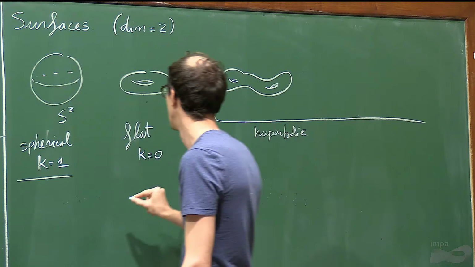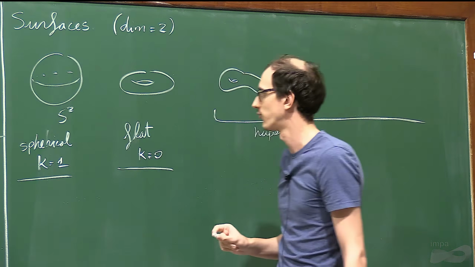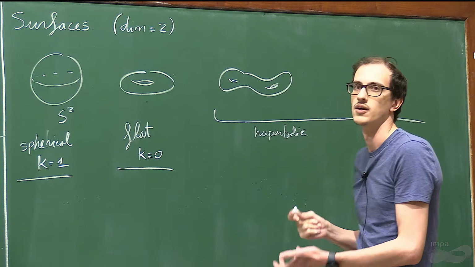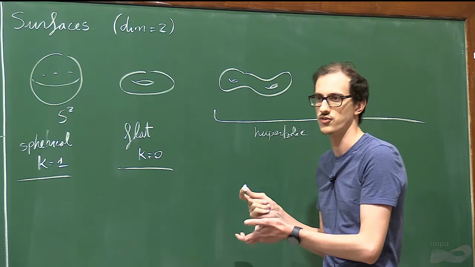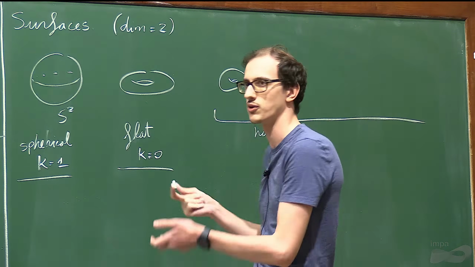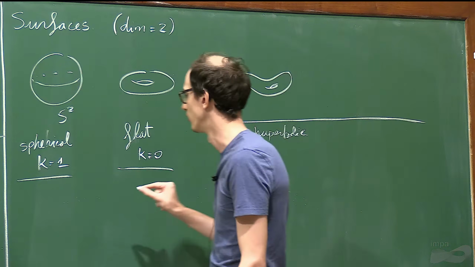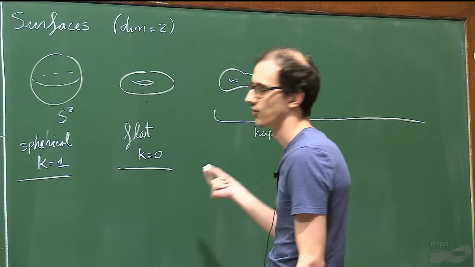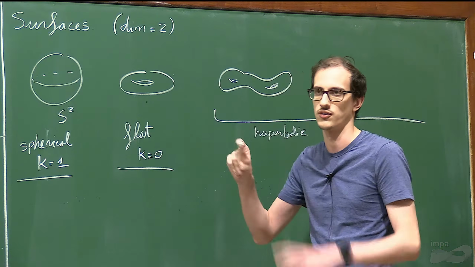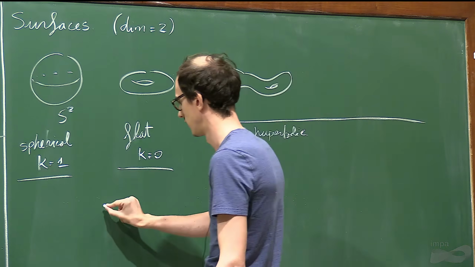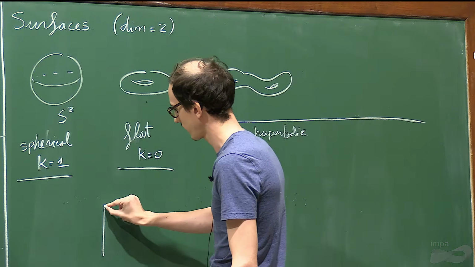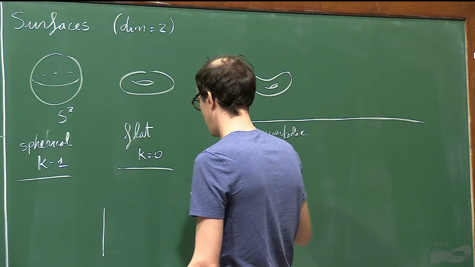If you want to look for a flat metric on the torus, you cannot just embed it in R3 and see the metric because there's going to be some curvature. The usual way to see it is either as a quotient of Rn or as a quotient of a square, which is the same thing. So this is the picture.